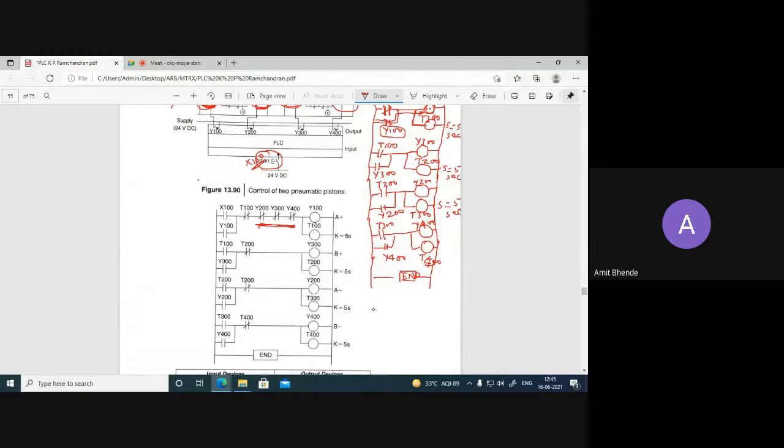Similarly, for the operation of Y200, Y100, Y300 and Y400 will be de-energized. And for Y400 operation, the other three solenoids, that is Y100, Y200 and Y300 will be de-energized. Okay? So this arrangement is basically for de-energizing the previous solenoids.